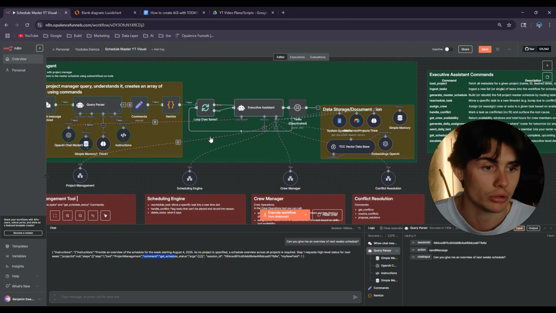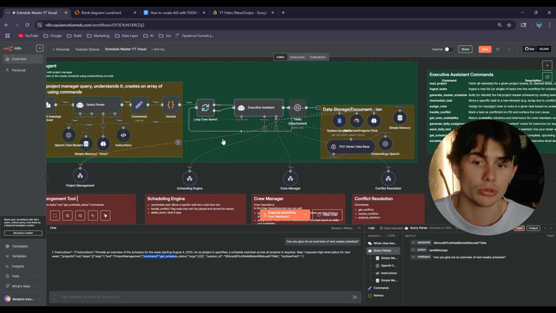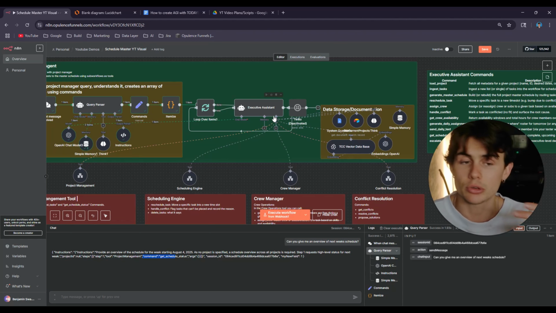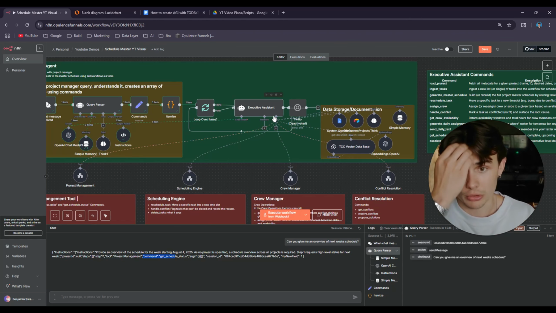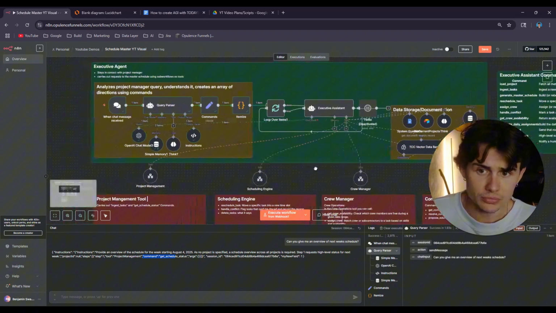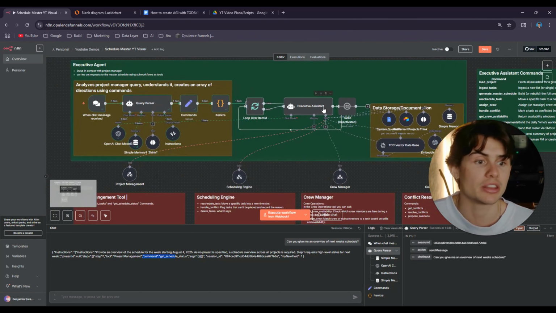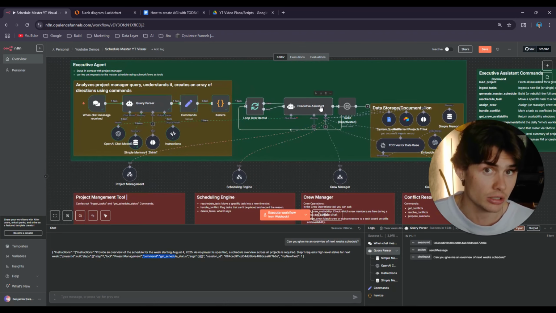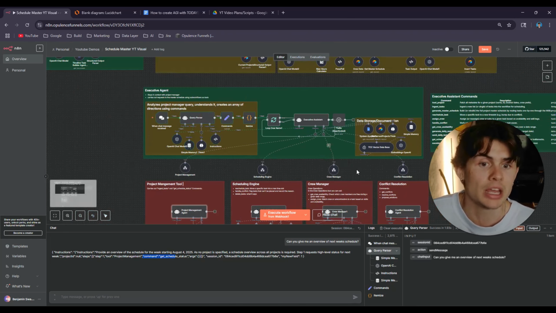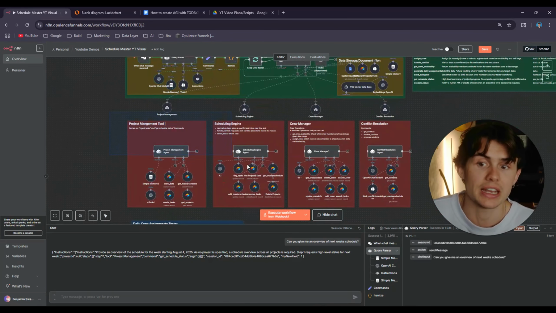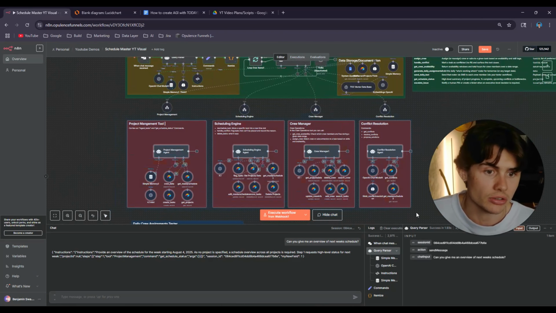This first step will get run through, and then the second step will get run through once that first one is done. And then if there's a third step, it'll get run through as well. So you can see the master planner and the understanding happens from the query parser, the delegation gets taken care of by the executive assistant, and the true actions get taken out by the sub agents.